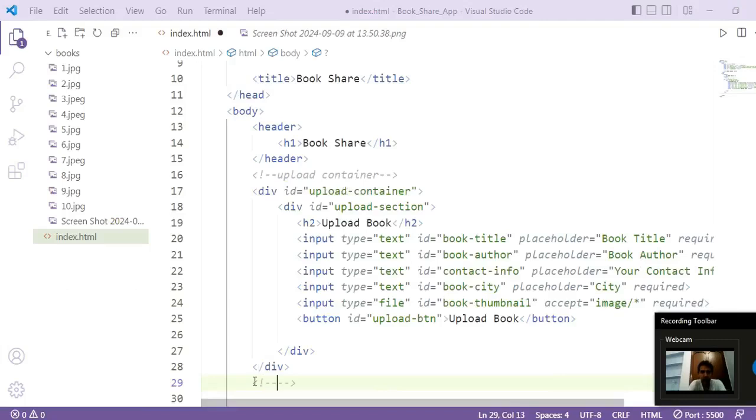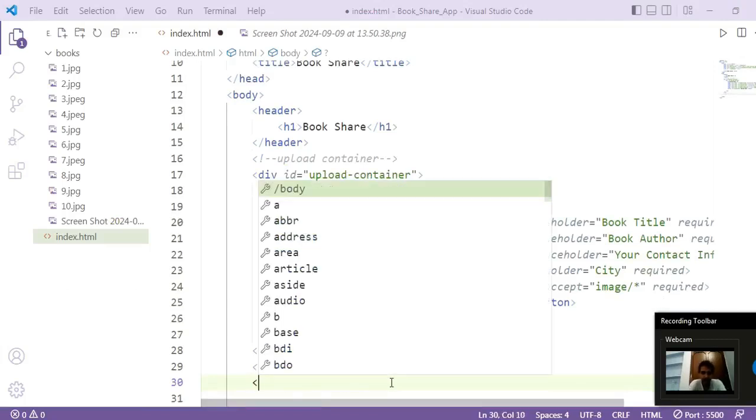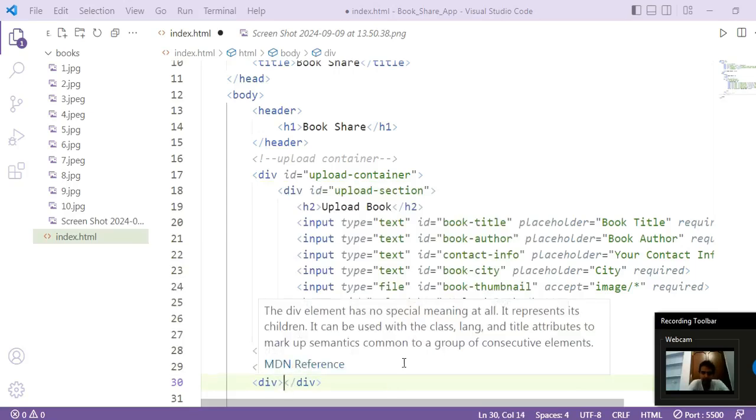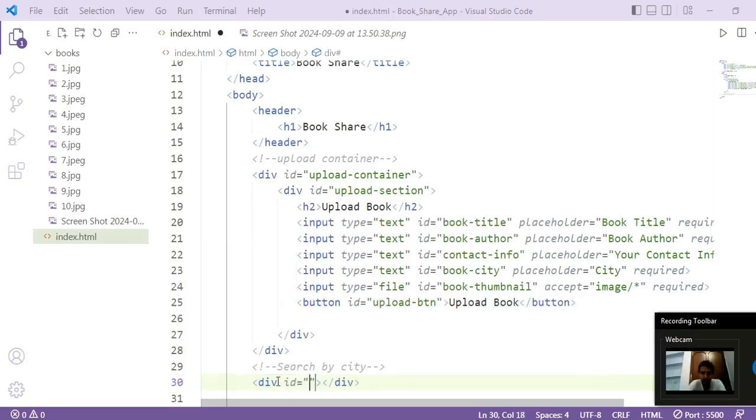All right, so let us now write the code for search by city. We can comment here, search by city, and I'm going to take a new div, so div open and close. I'm giving the id name city search container.